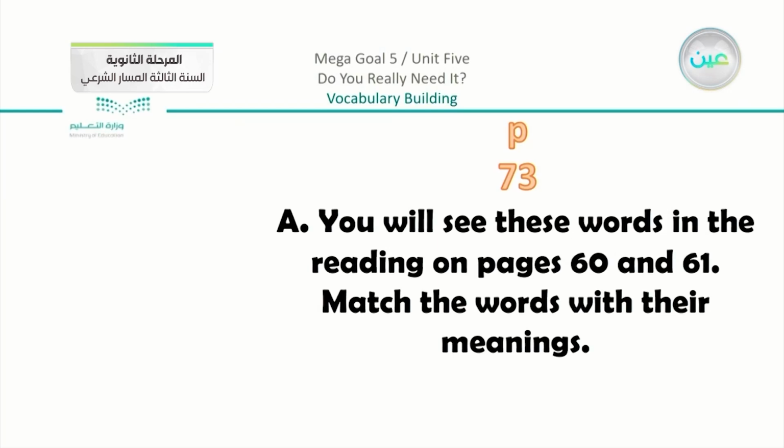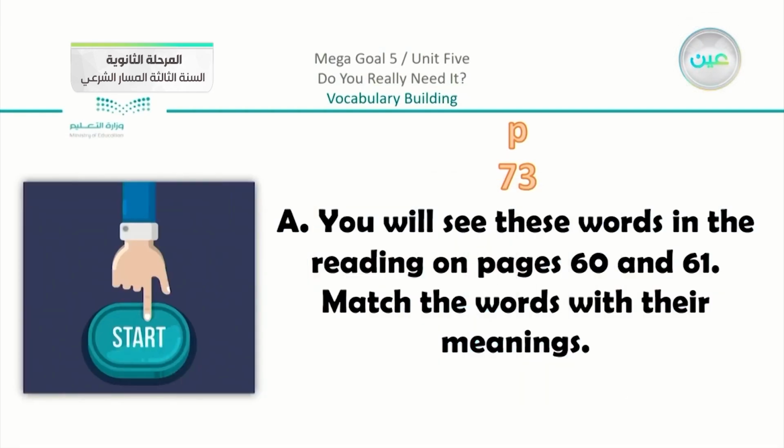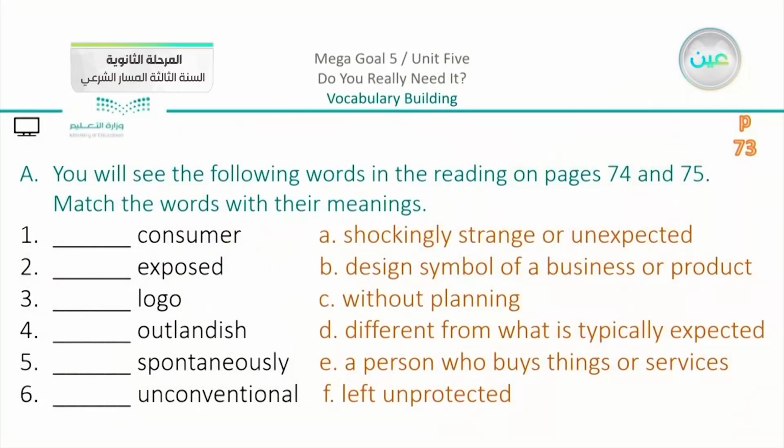You have here on page number 73, you will see these words in the reading on pages 60 and 61. Match the words with their meanings. So please open your books on page number 73, and we're going to start with our exercise. So you can see first of all that we have here the exercise. Just to read, what do we have here? We have the first word, consumer,